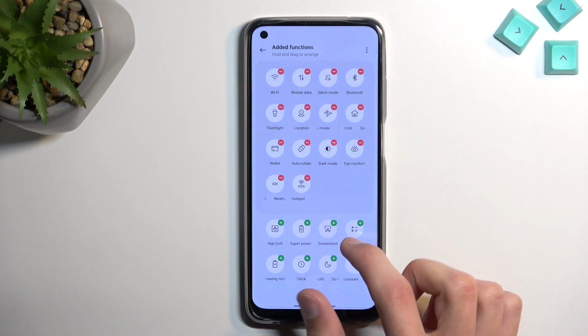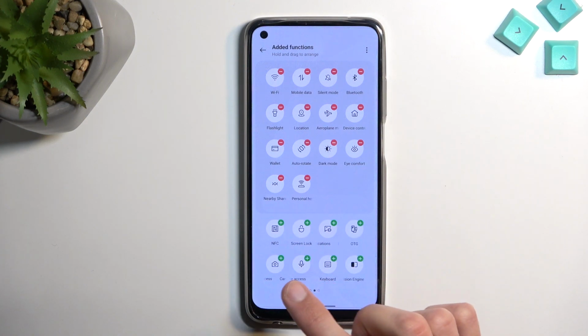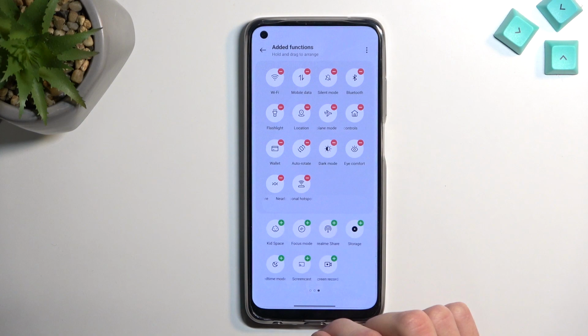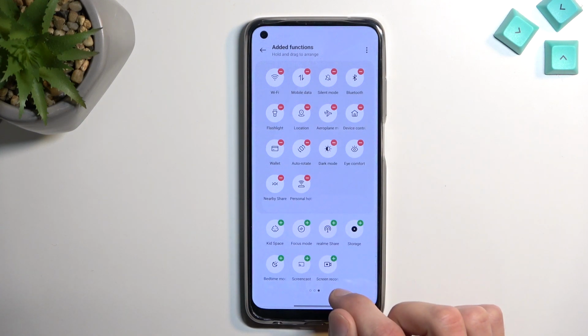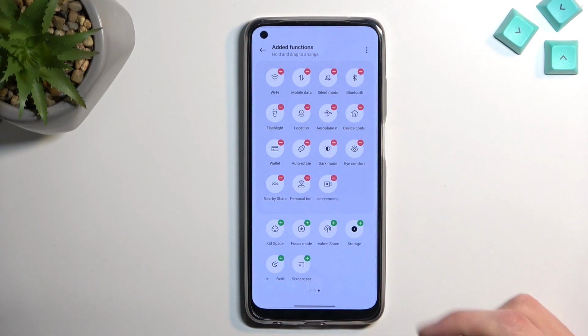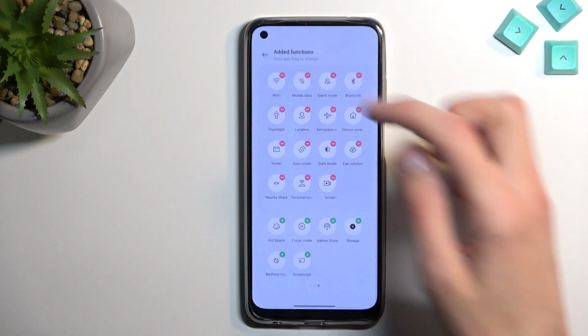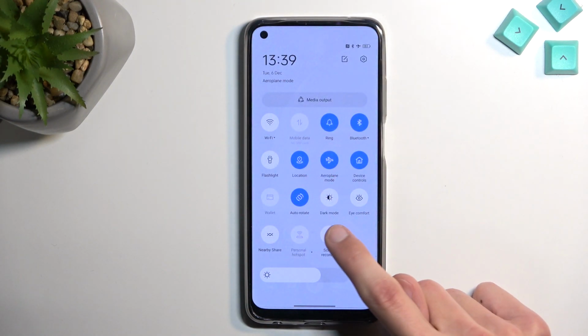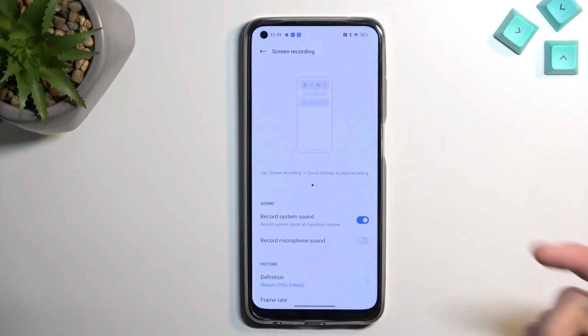Those are the toggles that are turned off, so I'll just swipe between them. And there we go. It's literally the last toggle, for me at least. I'm going to select the plus, which will add it to my visible toggles right here. And now I can either hold it to take me to the settings, or I can press it to automatically